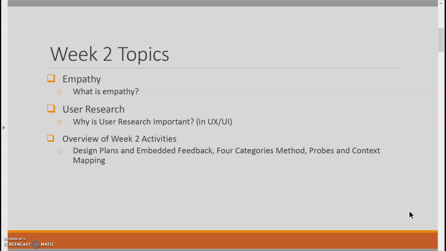activities, which we will spend time designing plans and embedding feedback, where you will have an individual and group assignment, and then you will practice feedback by using what's called a 4 categories method, and then you'll have an all class discussion related to probes and context mapping, so you can explore that as an option in user research for